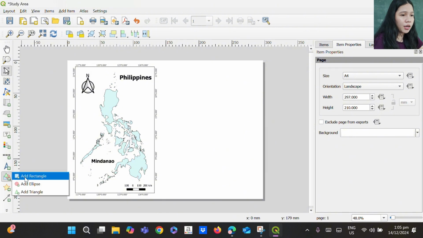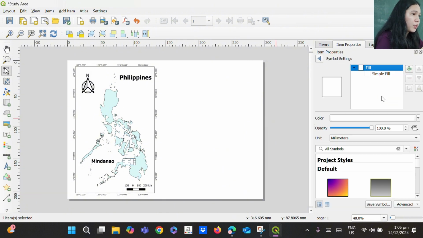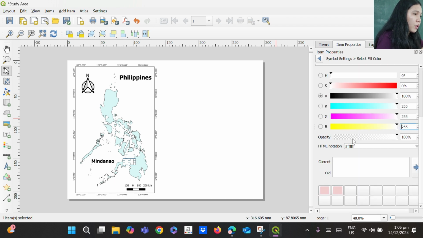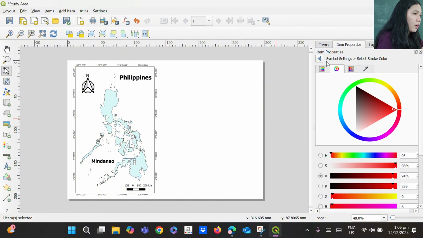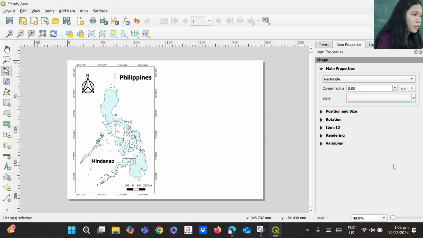Then my specific study areas are somewhere right here. I'm going to add a shape, a rectangle, so that I can highlight the area where I'm going to add a new map later. I'm going to alter the opacity of the color, and then choose the stroke color red. You can adjust the weight of your stroke. Mine, I'm going to have this one.